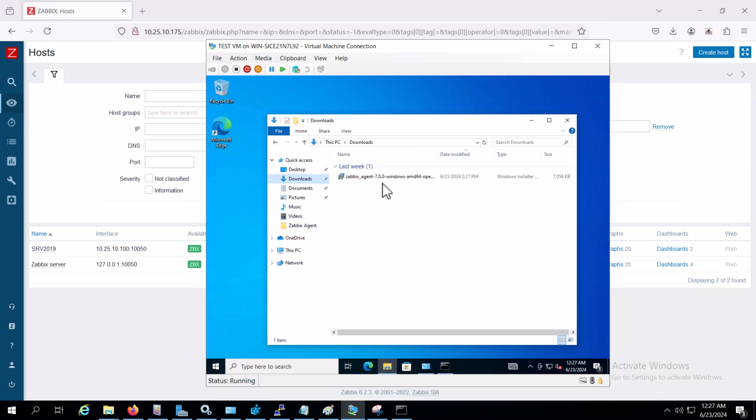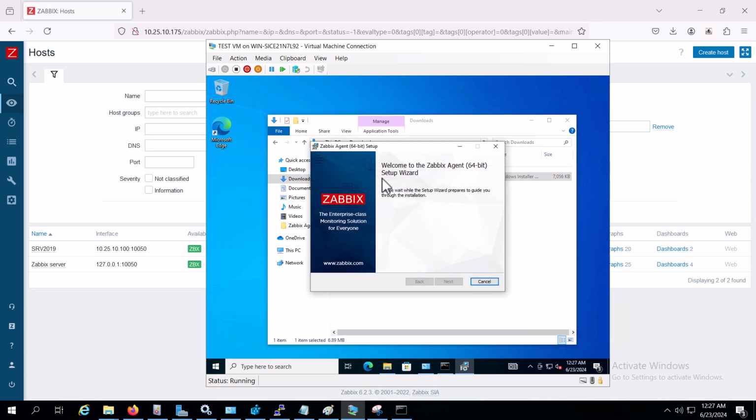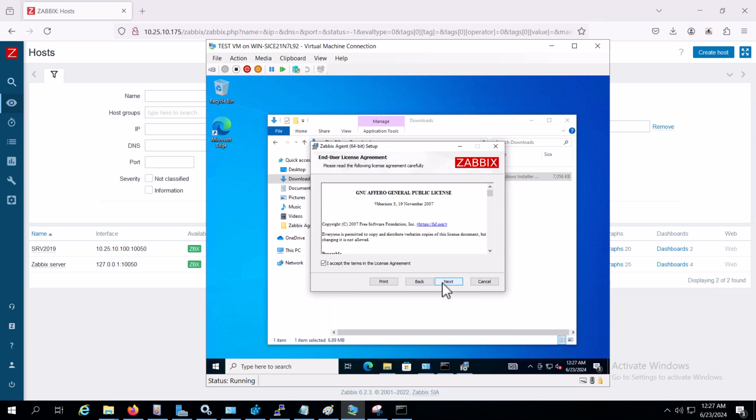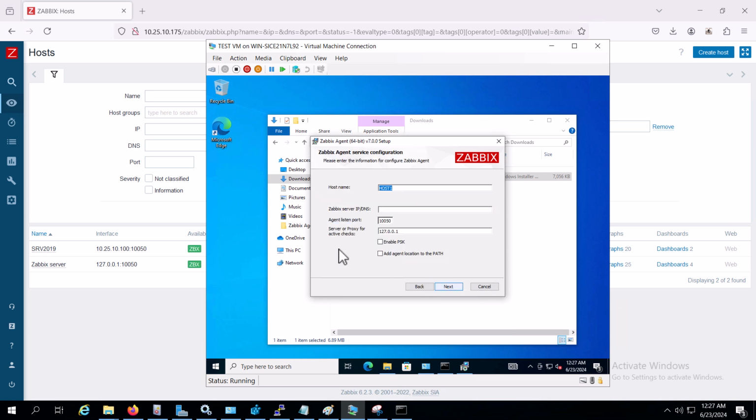First I install the Zabbix agent. You need to download it from the Zabbix website. So I'm going to install it, very easy. So here, this is my host name. This is the host name of this computer and it's very important to know that. Zabbix server. So I'm going to enter my